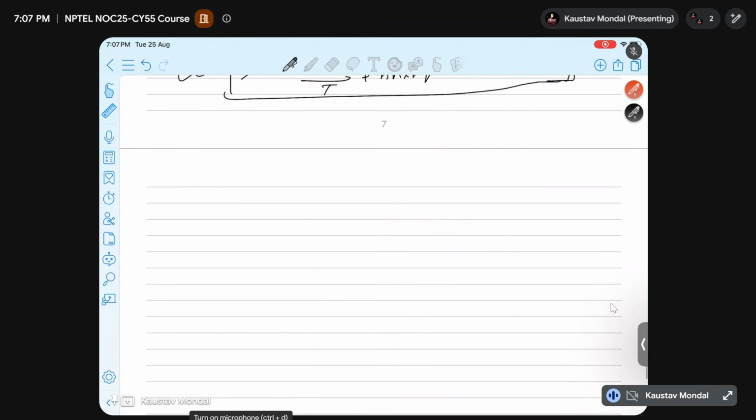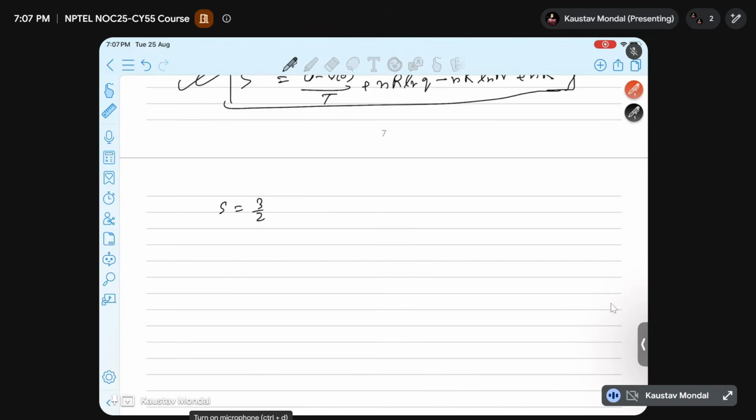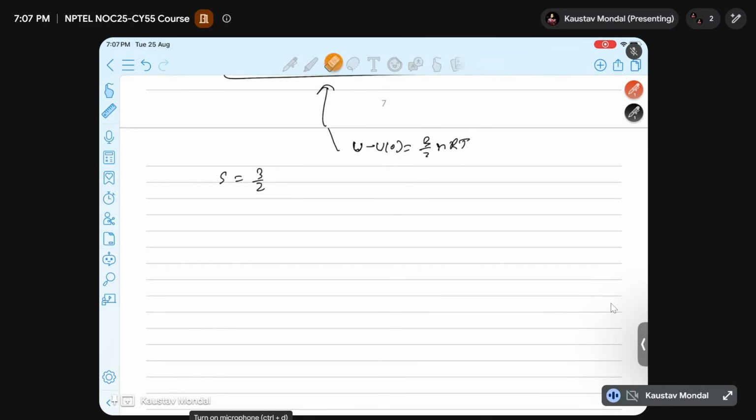Now we can further simplify it more. ΔS is basically 3/2 times (U − U0). For an ideal gas, we know the internal energy expression U − U0 is 3/2 nRT, right? So we'll substitute this here. After doing that, you will get the expression of entropy as 3/2 nRT/T